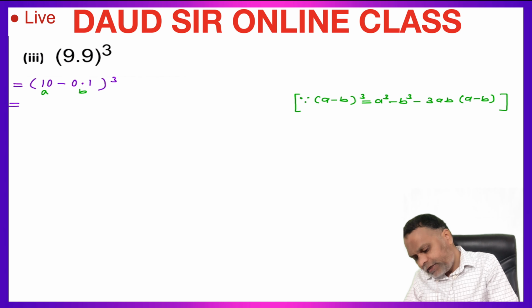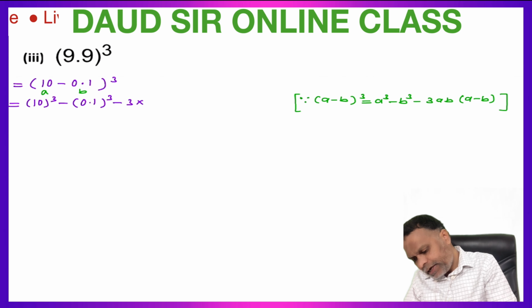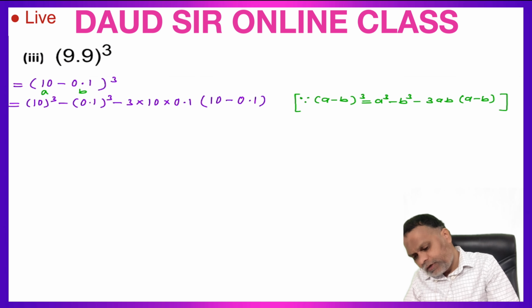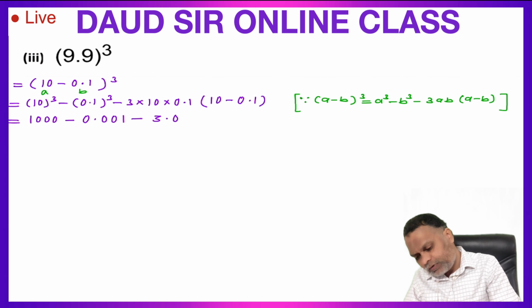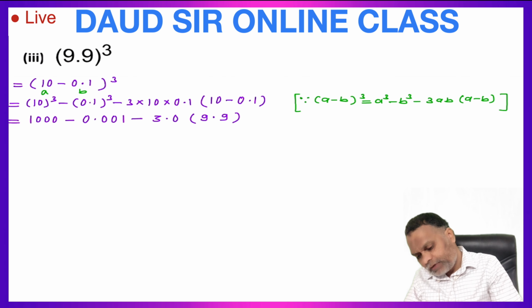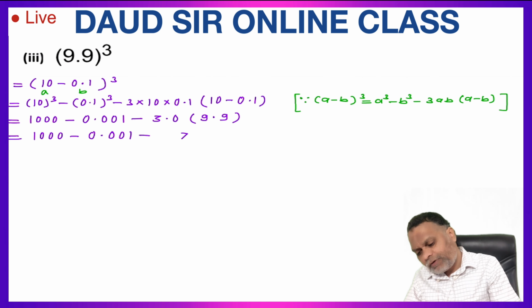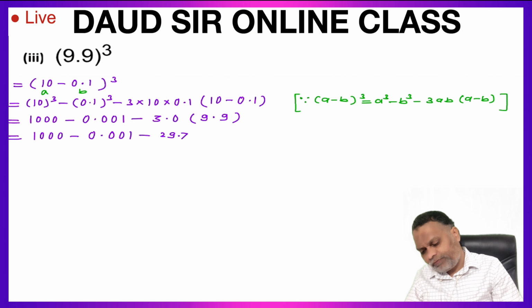Open this by this identity, 10 cube minus 0.1 cube minus 3 into 10 into 0.1 into a minus b, 10 minus 0.1, which is equal to 10 cube 1000 minus 0.1 cube 0.001, put decimal after 3 places, minus 30 into 0.1, this is 3.0, into 10 minus 0.1, 9.9, which is equal to 1000 minus 0.001 multiply by 3, 3 9s are 27, 2 3 9s are 27 plus 2 is 29, so 29.7, which is